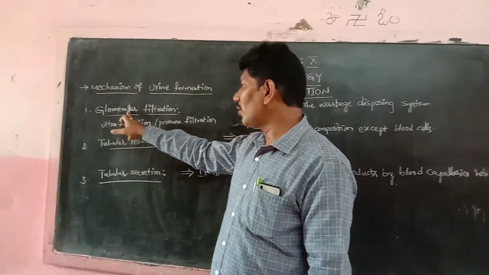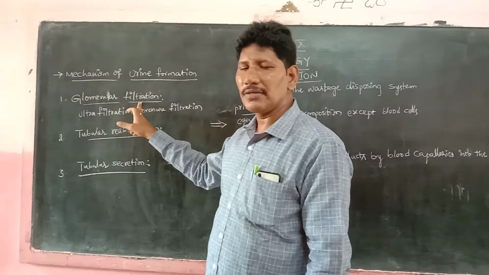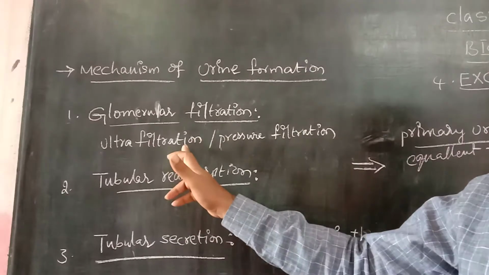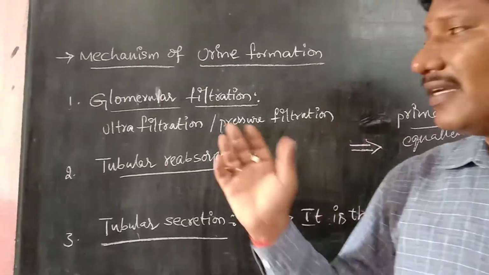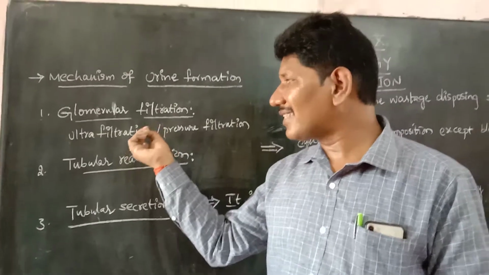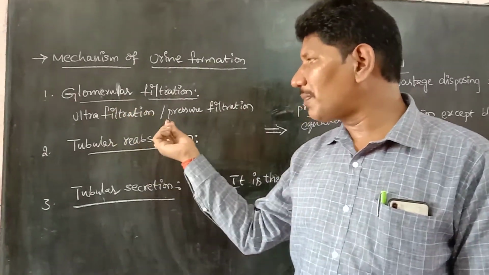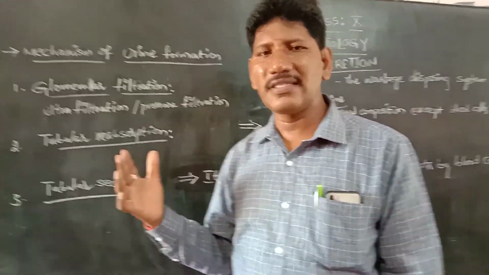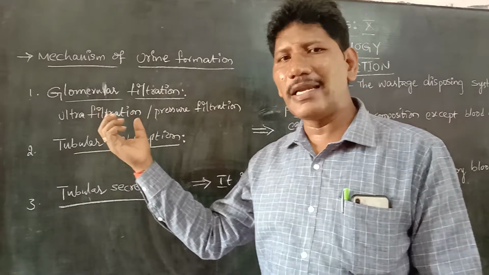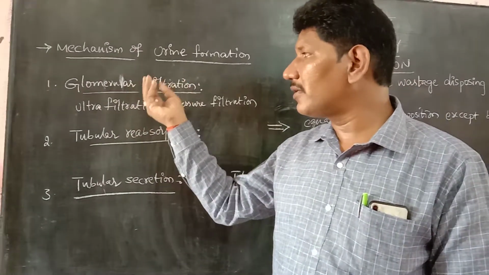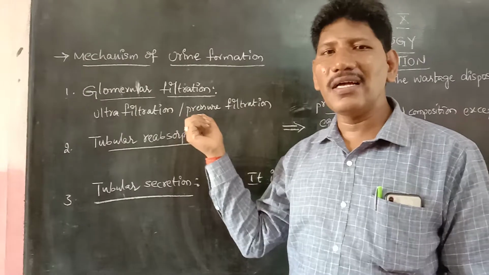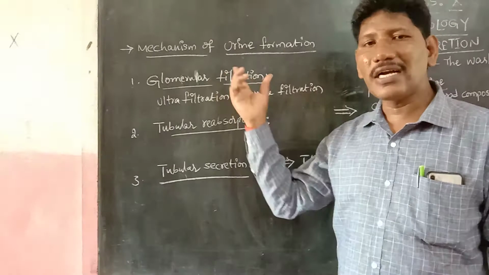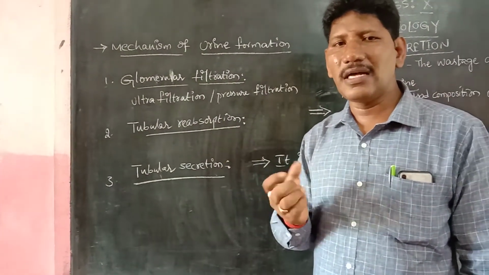The first is glomerular filtration, also called ultrafiltration, pressure filtration or selective filtration. Why? Because only the blood cells and large proteins are held back, and the entire fluid part, the plasma, which contains glucose, amino acids, proteins, fatty acids, and other enzymes and hormones, is filtered out. The remaining residue contains the fluid portion. This is called glomerular filtration, which occurs in the bunch of capillaries in the Bowman's capsule.